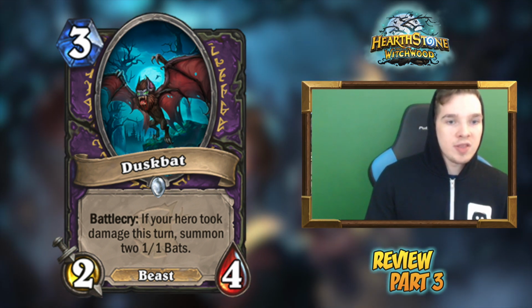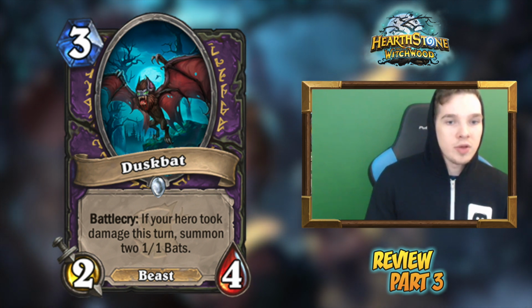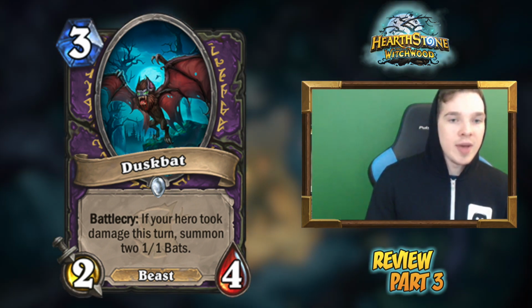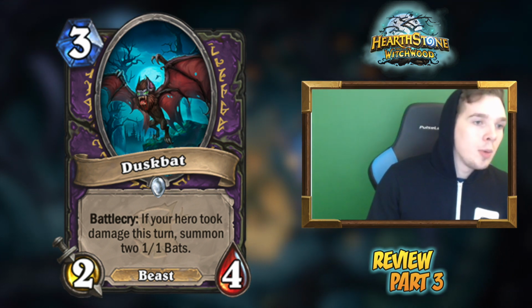So we can reference that, the card's name is... I'm stalling while I search for it. I'm in the wilds, so it's taking a lot longer. Grim Necromancer. So it's a 4-mana 2/4 Battlecry: summon two 1/1 skeletons, which was run in Zoo for a little while,